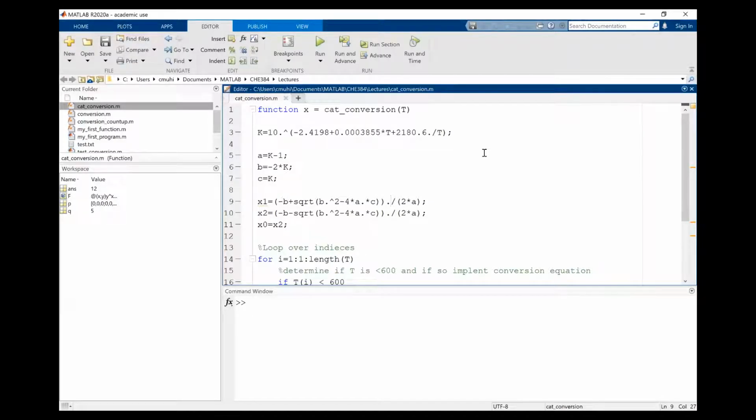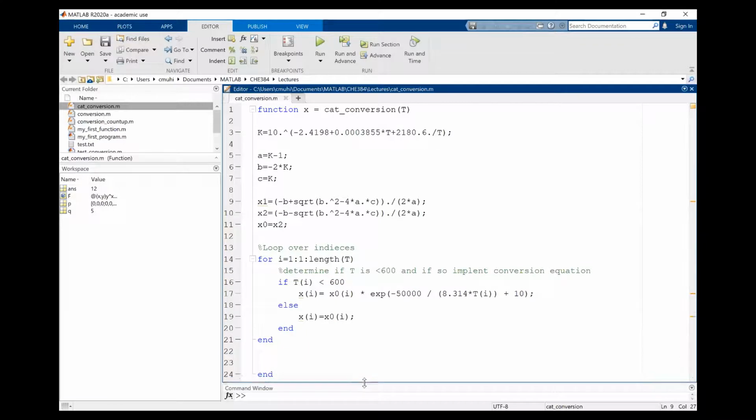All right, so here we are back in MATLAB with that catalytic water gas shift conversion function that we had finished last time. So we can see that this code is already getting a little, there's a lot to look at, right? We have this whole section up top that's dealing with calculating k and then calculating x0, so all this stuff that's going into the quadratic, and then we're doing the actual work of the code, or a lot of complexity in with this looping. So to help